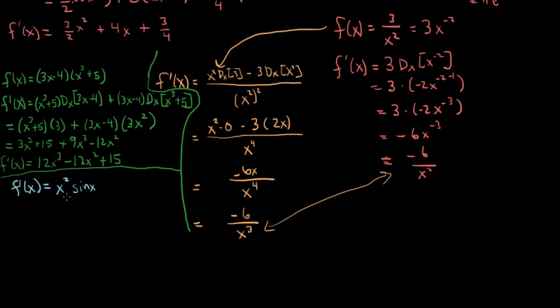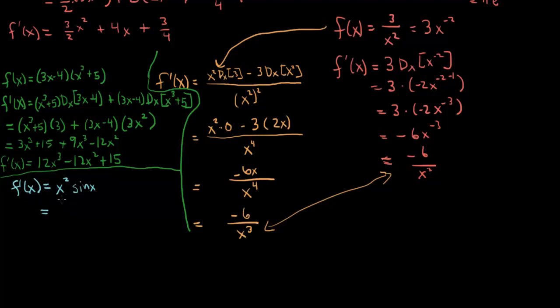Now, don't be tempted to say that the derivative of a product is equal to the product of the derivatives. For instance, we can't say this is equal to, let's say, not equal, the derivative of x squared times the derivative of sine x. It doesn't work that way. Don't be tempted to do that. You've got to use the product rule. Okay? Product rule says,